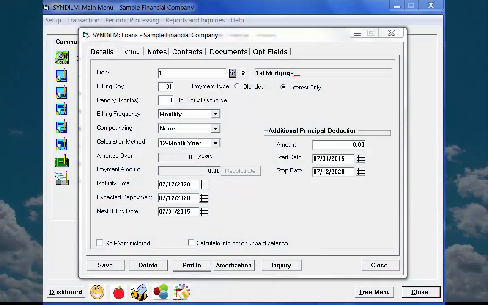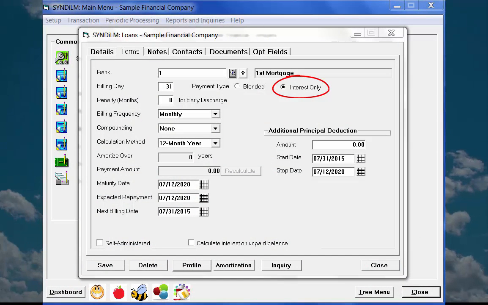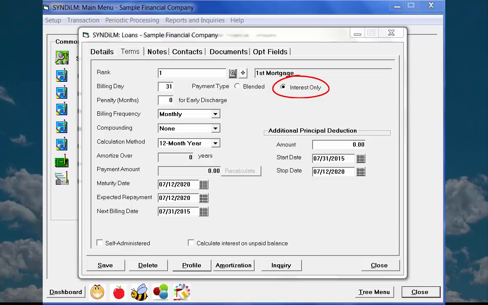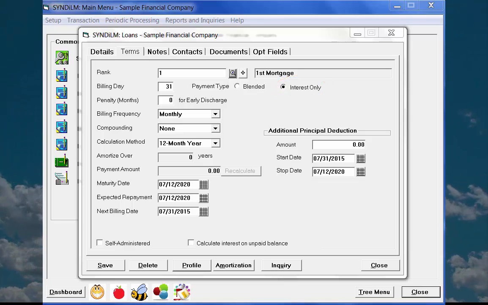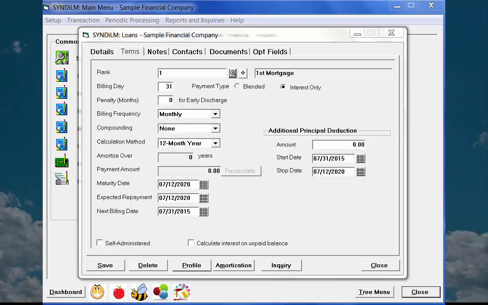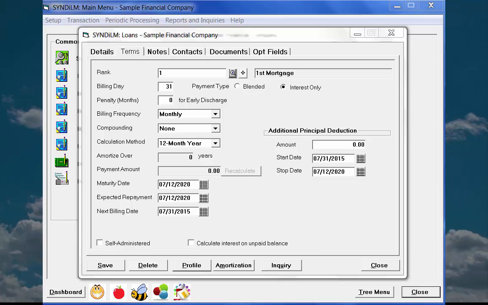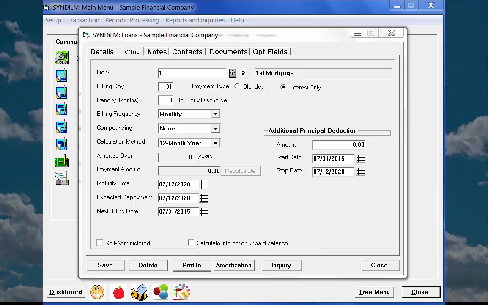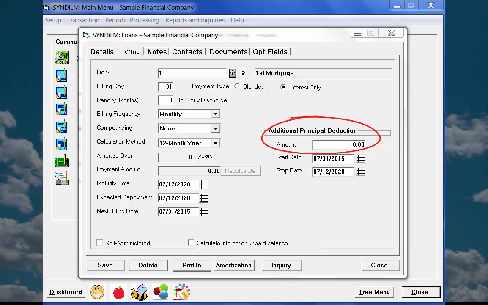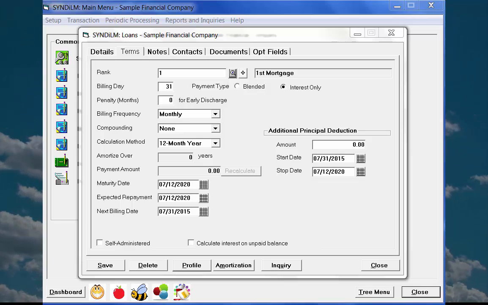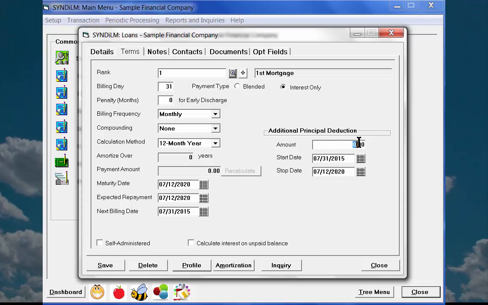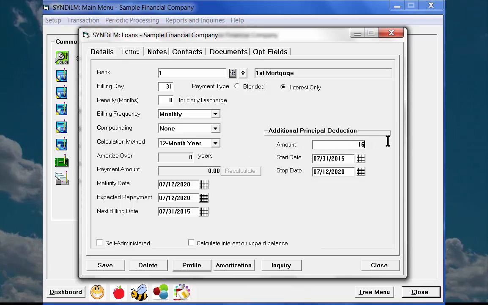The payment type could also be interest only, in which case the same interest will be charged every month without any principal component. There could also be a special case of interest-only loan such that the borrower may pay a fixed amount of principal every month. For instance, in case of test, the borrower may pay the principal in equal monthly installments so that each installment will be $100,000 divided by 60 or